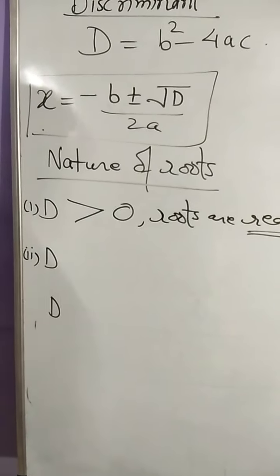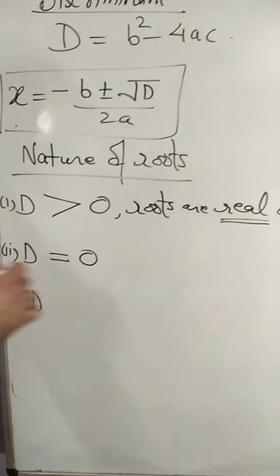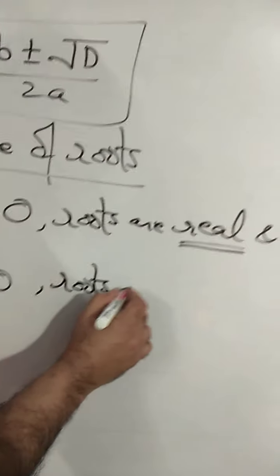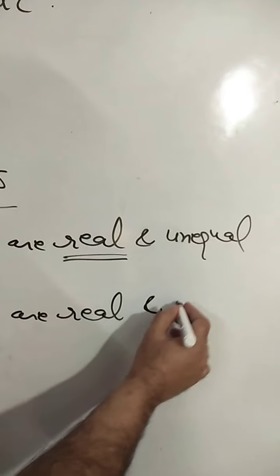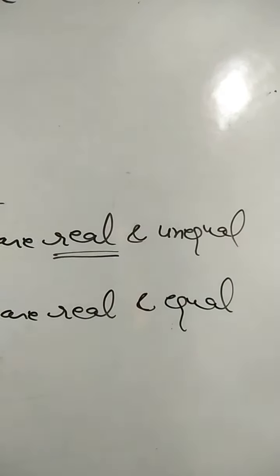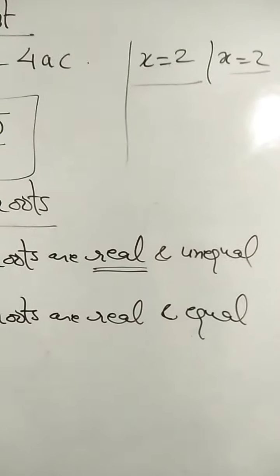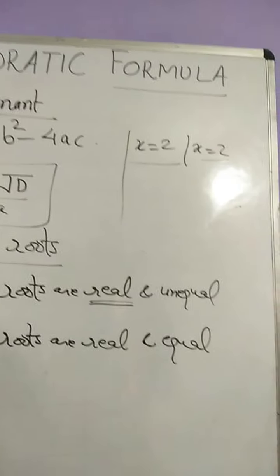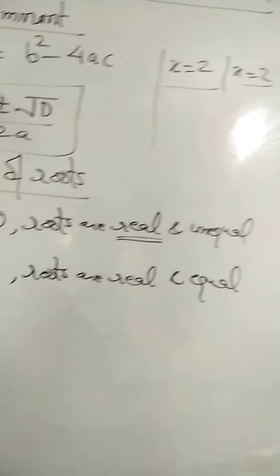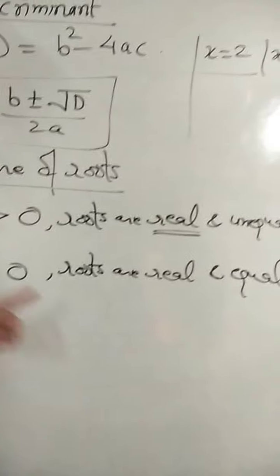Discriminant may come 0 also. If discriminant comes 0, in that case roots are again real, means they can be rational, they can be irrational, and now in this case both roots will be equal roots. Like, say if we are solving a quadratic equation, we get one root is 2, the other will also come 2. So both roots will be equal roots. In a way we can say there is only one root. This way we can also say. Or if we are talking about two roots, then they are equal roots. When roots are equal, discriminant equals 0.